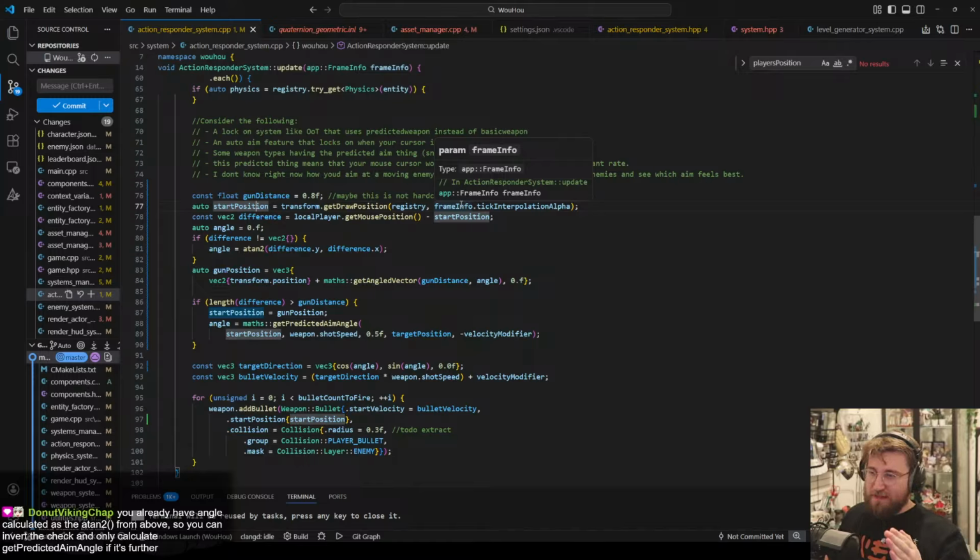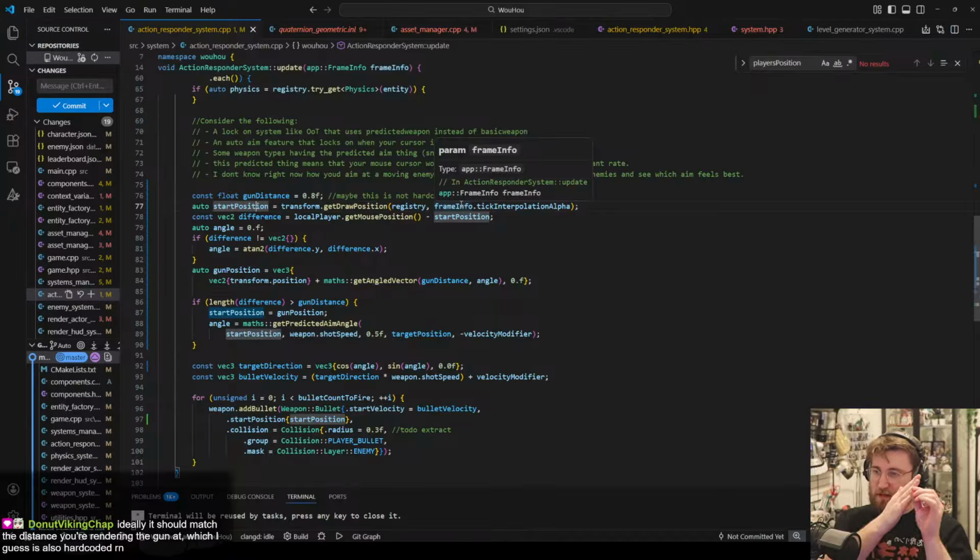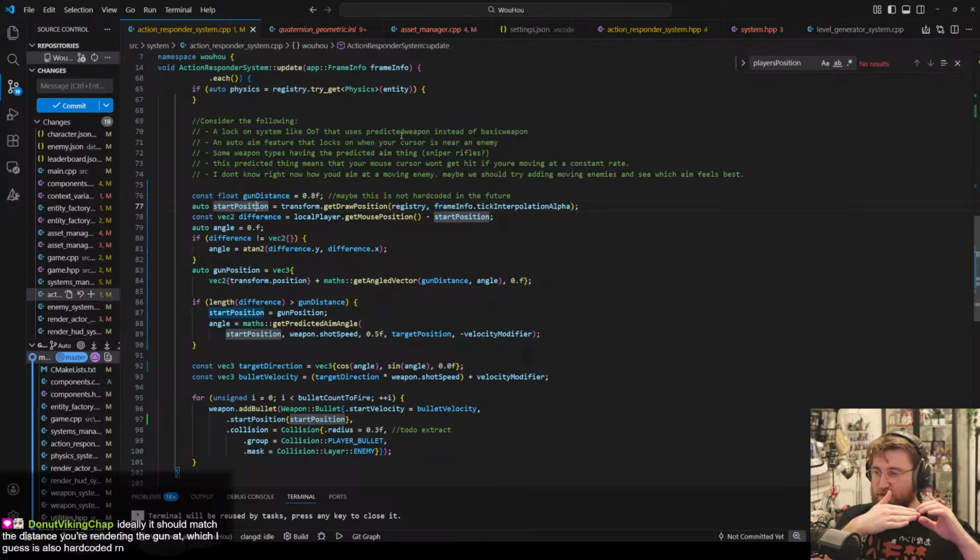The angle is ideally the angle pointing there between those two positions. The gun position is based on where we are now with the player's position plus get angled vector at a distance of the gun distance, and the angle is the angle to the mouse cursor. And then if it just so happens that the mouse cursor is further than the gun, we actually want